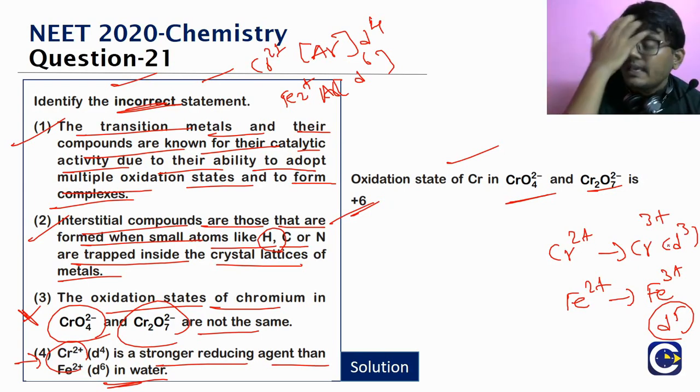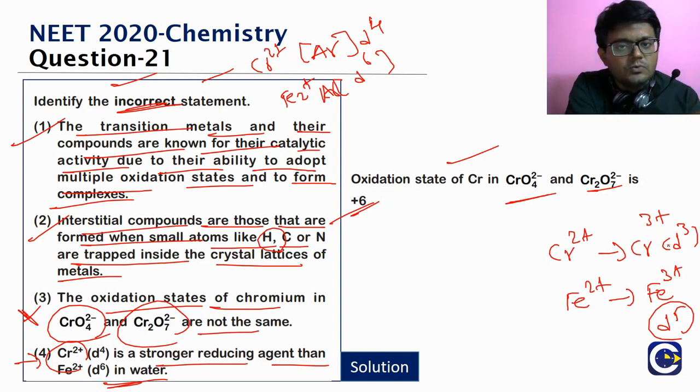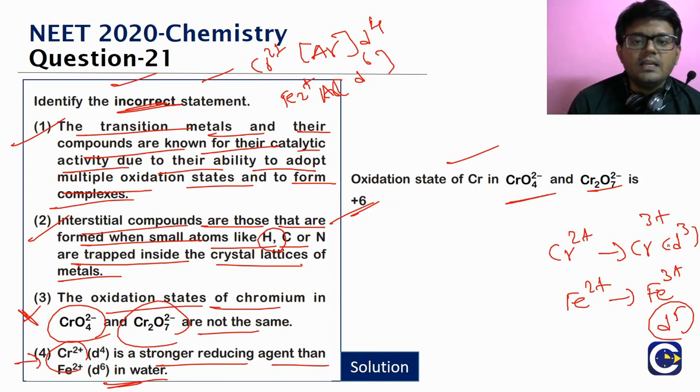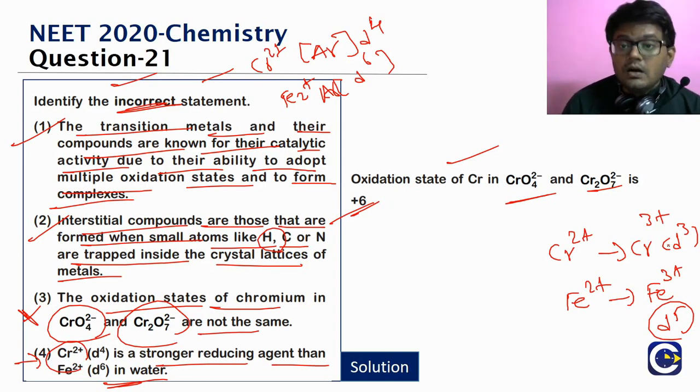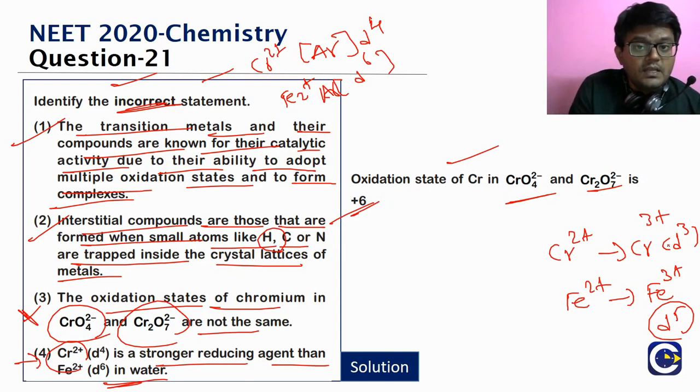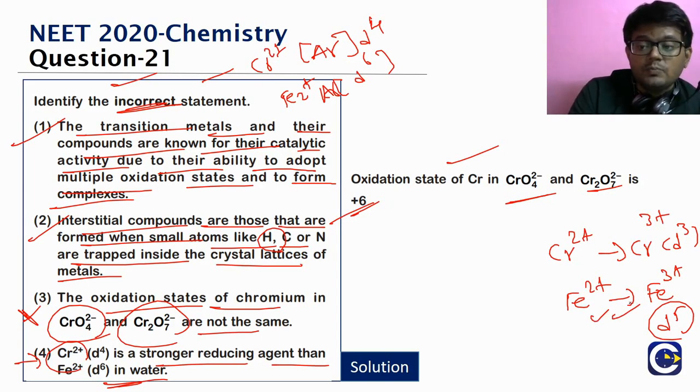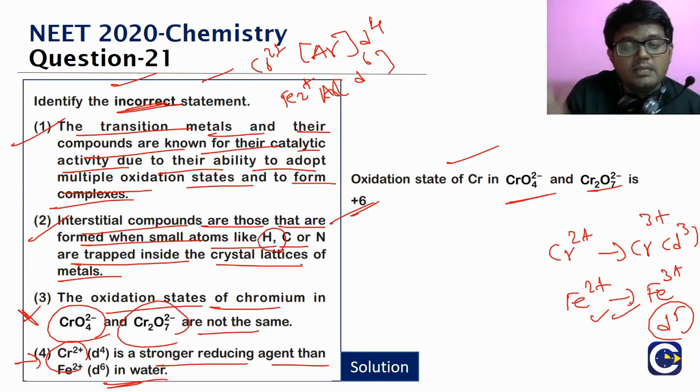Okay, than in the case of the shift from Cr2+ to Cr3+. But practically when it is observed, the oxidation of Cr2+ to Cr3+ will be more favored energetically than the oxidation of Fe2+ to Fe3+. On the look of it, when we see the electronic arrangement, what is the sense that we get? Since Fe is reaching a more stable half-filled d structure, we expect that this oxidation happens easier, and hence we expect Fe2+ is a better reducing agent, but not. In water, what will be the better reducing agent? It will be the Cr2+ that will be the better reducing agent.